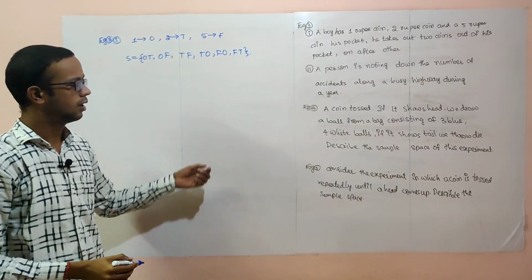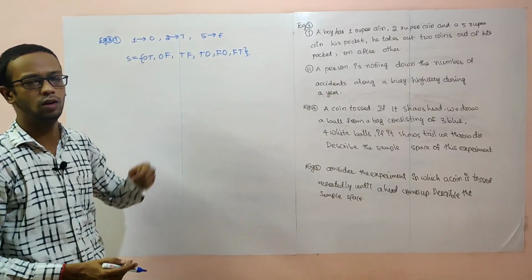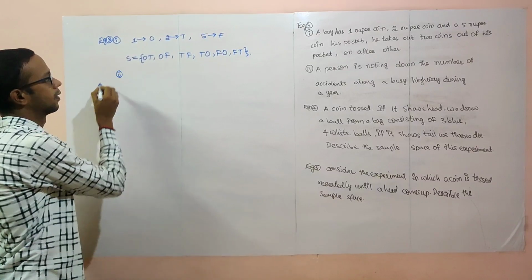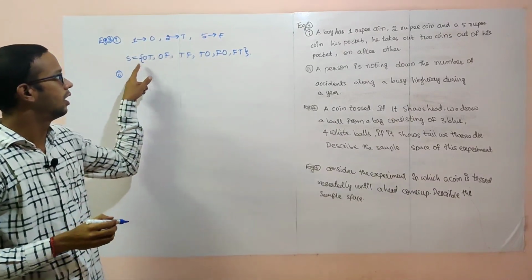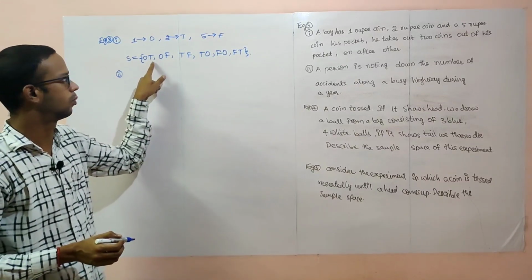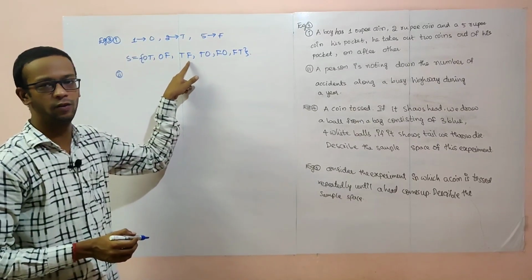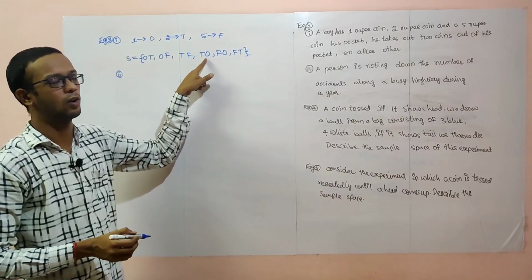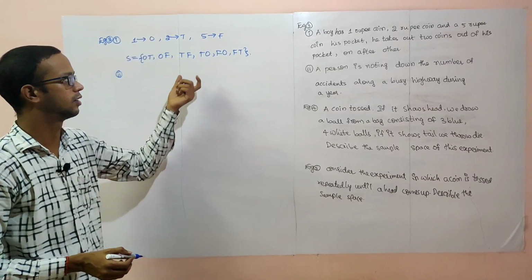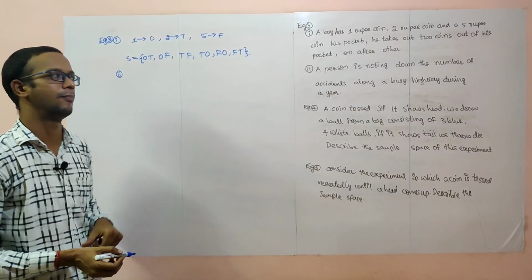So this is the sample space. Are there any more possibilities? There are no more possibilities. Once again I am repeating this. Select 2, either these 2 or these 2. First one 1 rupee, second one 2 rupee. First one 1 rupee, second one 5 rupee. First one 2 rupee, second one 5 rupee. First one 2 rupee, then 1 rupee. 5 rupee, 1 rupee. 5 rupee, 2 rupee. So these are the possible outcomes. If you write the possible outcomes inside braces, that is called a sample space.